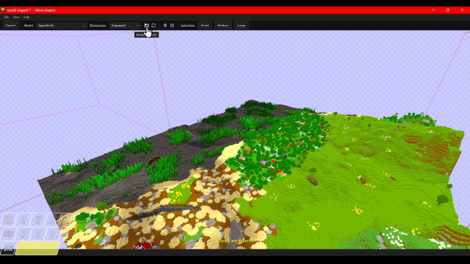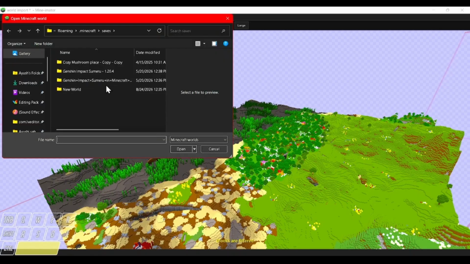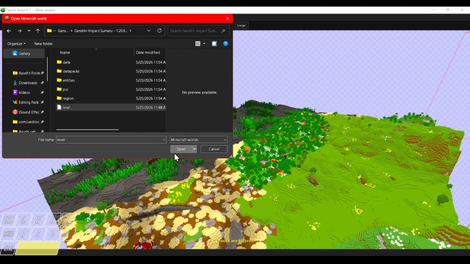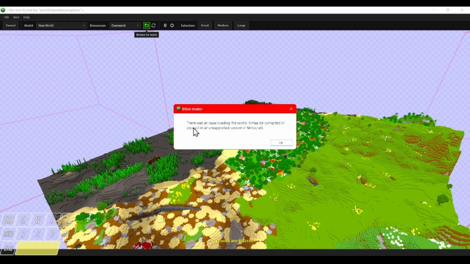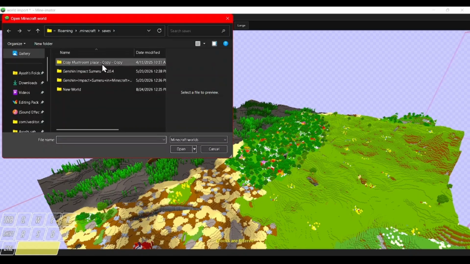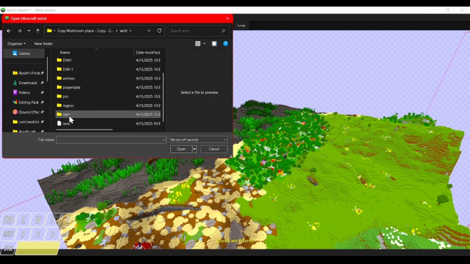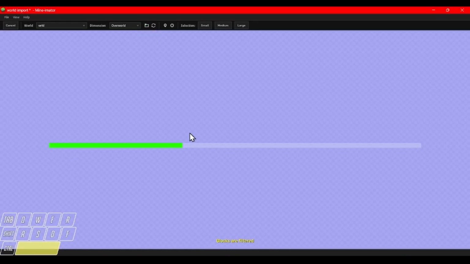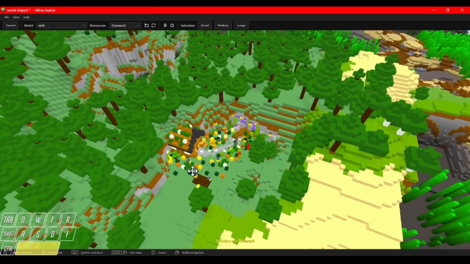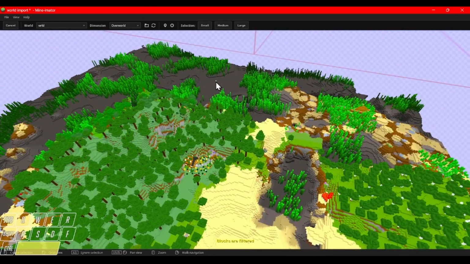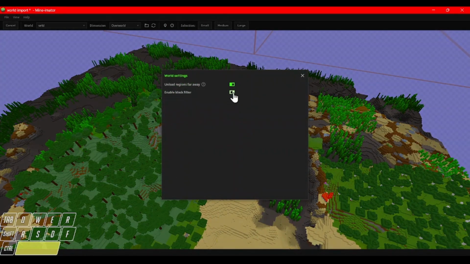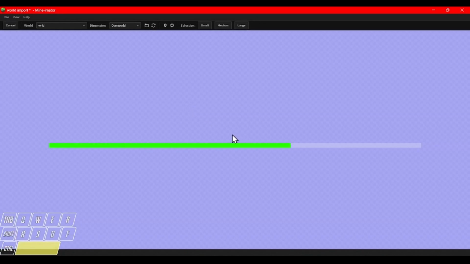And another option is to go to browse file. If you have your world file, go to this and click on level and open. There is an issue of loading the world correctly because of the version of Minecraft. Not a big deal. I just open this and go to the level and click. So here we go. This Minecraft world is open, and if you see, water has not come because I used the filter, so I just turn off this filter and water will come again.